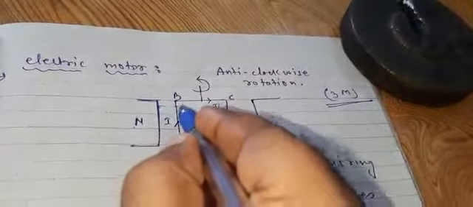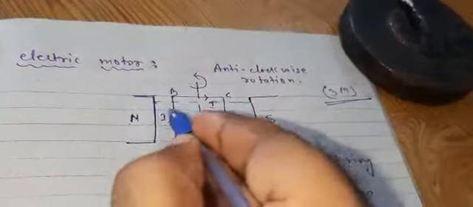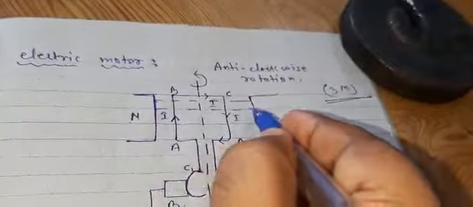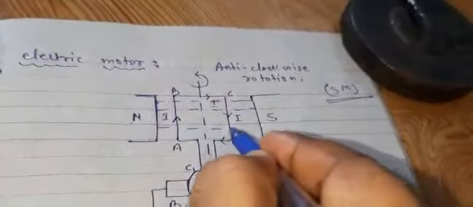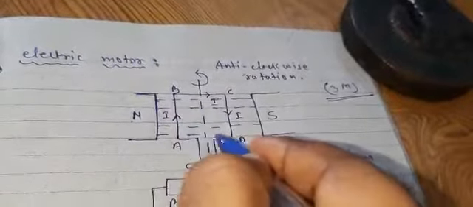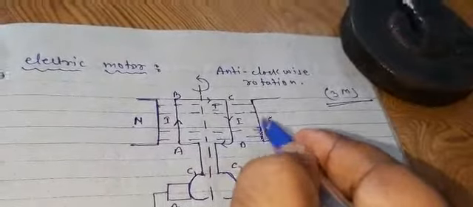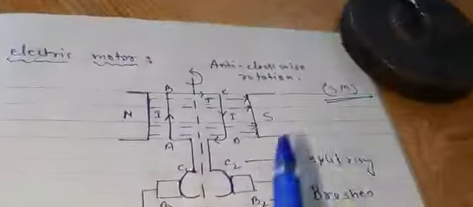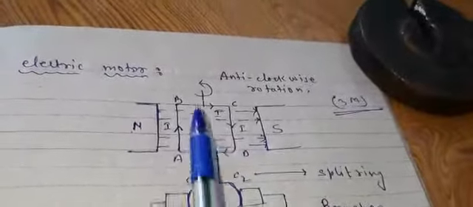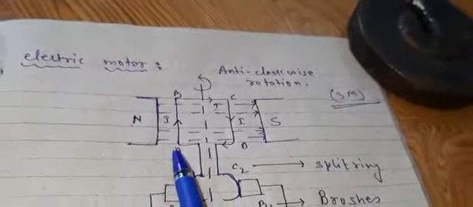In this manner, they are the magnetic field lines from north to south. Make the things quite clear. From north to south, these are the magnetic field lines, which act from where to where? North to south. And one of the most important things, I am making these field lines parallel to each other.